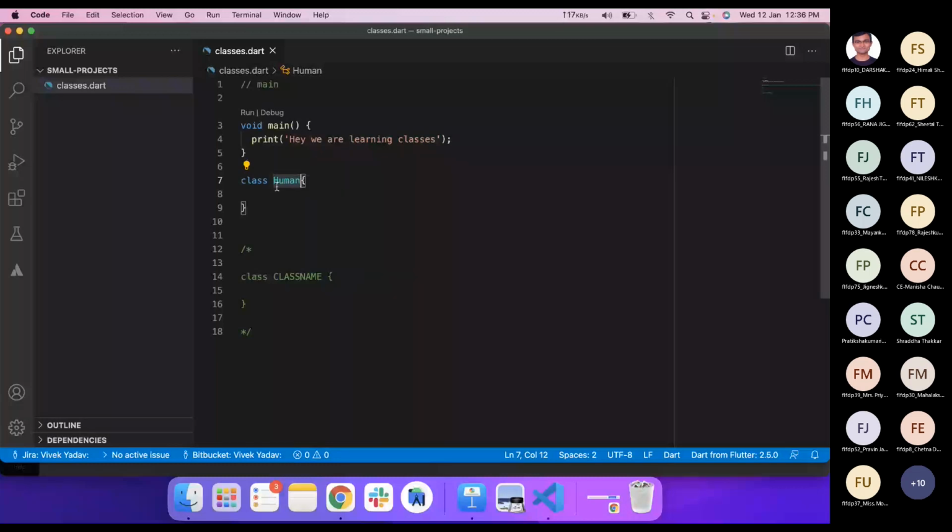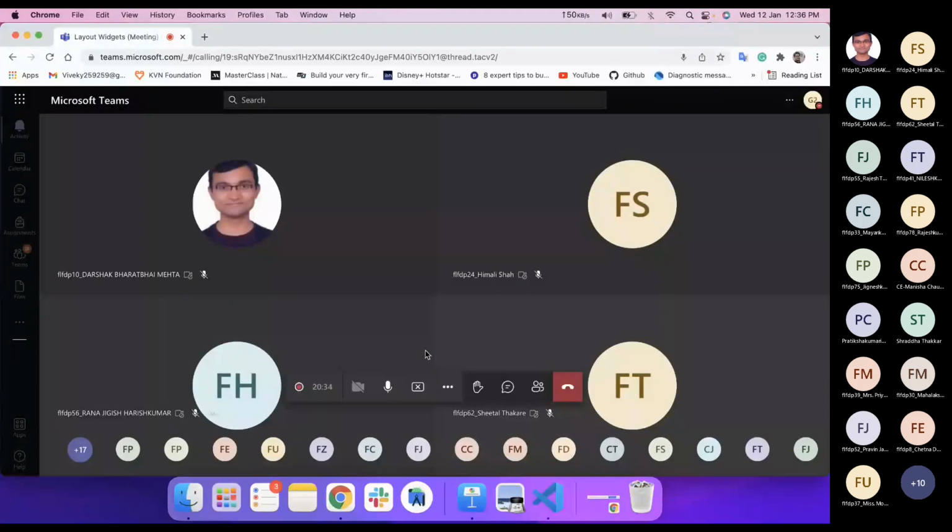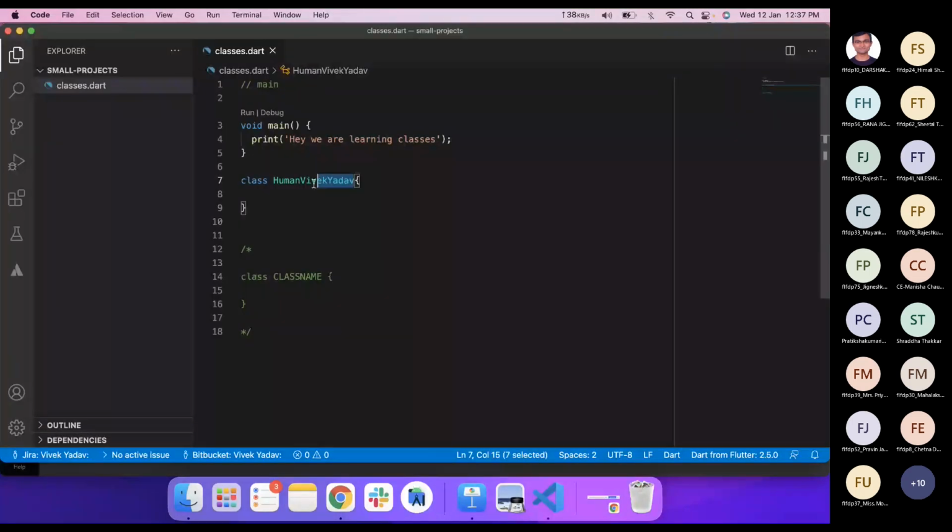So first letter will be capital, and then every new word will start with a capital letter, something like here it will be Video. Okay, so this is how we write a class.